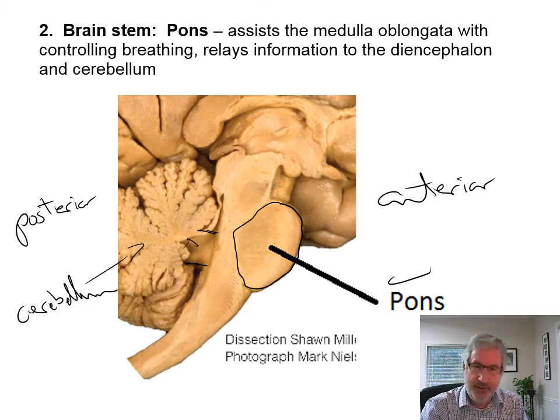And so here's one coming in to it here, and there's another one coming in here, and they meet and join. There's actually three of them: a superior, middle, and inferior cerebellar peduncle that come there, and then they wrap around to the front and become the pons. So next slide. It assists the medulla with breathing and relaying information up to the brain, or information to the diencephalon, at least the thalamus, which then goes on to the brain. Because your cerebellum is helping you coordinate movements.